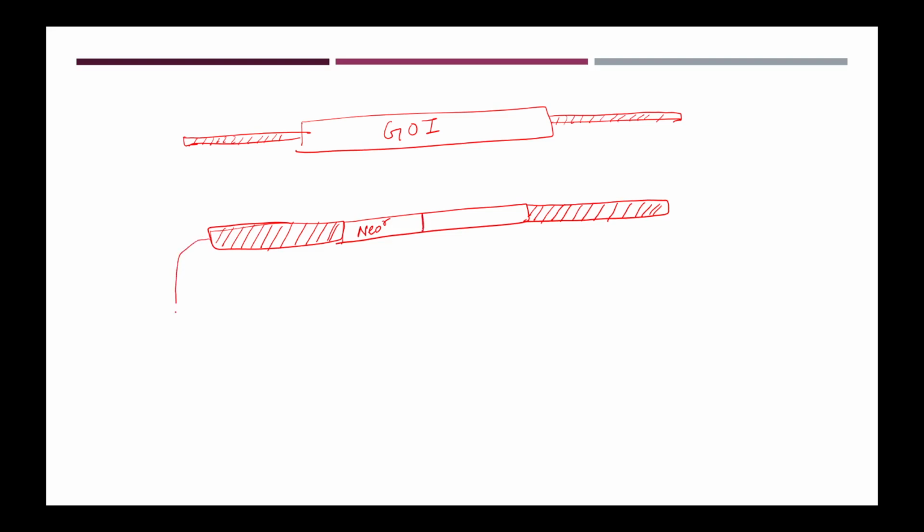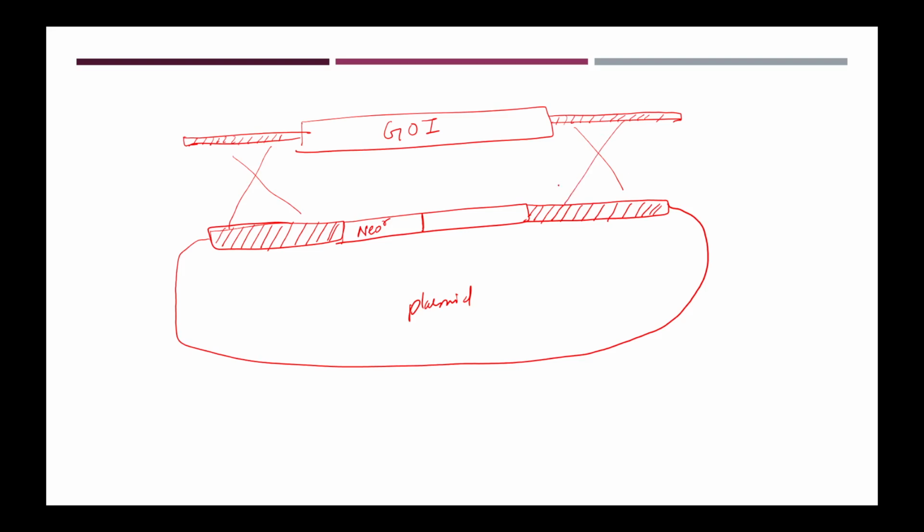Okay, and then this is how your plasmid will be. So inside the organism you will put this particular plasmid, and with the help of homologous recombination, because of the sequence similarity in these two regions, the replacement of the gene of interest with the drug selection marker will take place. Okay, so now this is your normal locus,